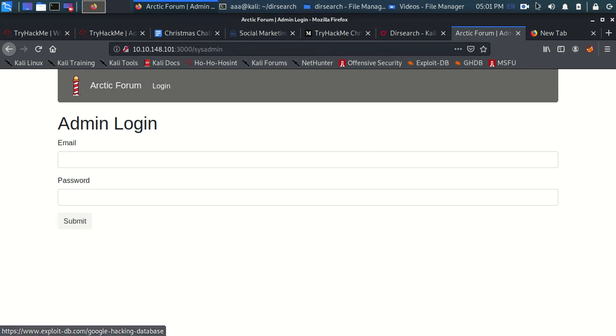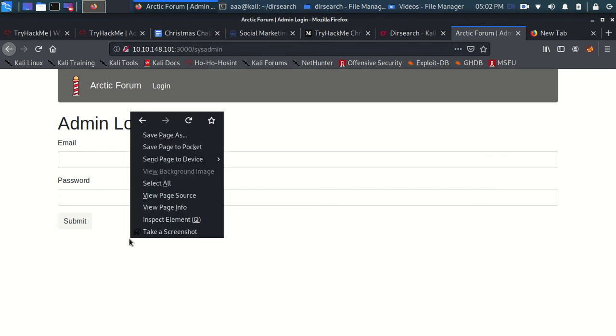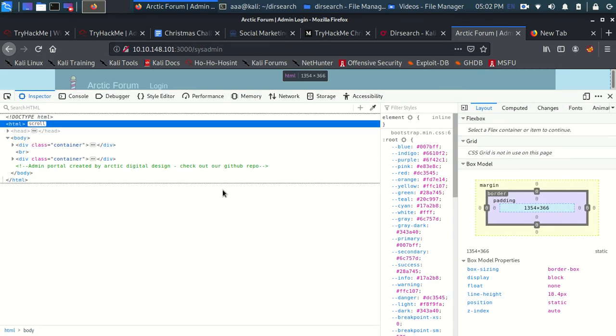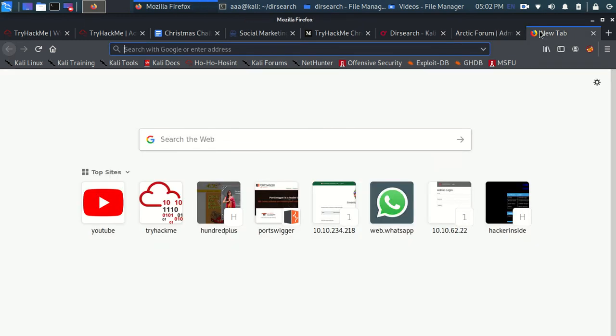Now the email and the password is what we require. So I'm going to go to inspect element, and you see something over here: admin portal created by Arctic Digital Design, check out the GitHub repo. This is just a comment which I'm going to search, Arctic Digital Design.